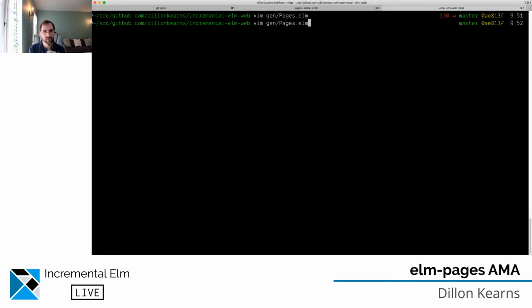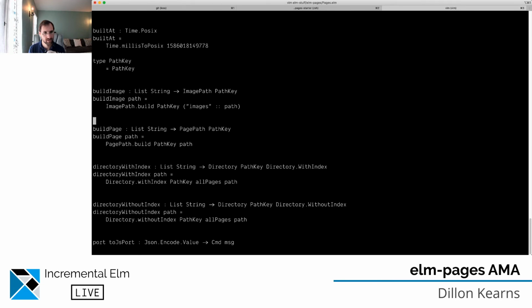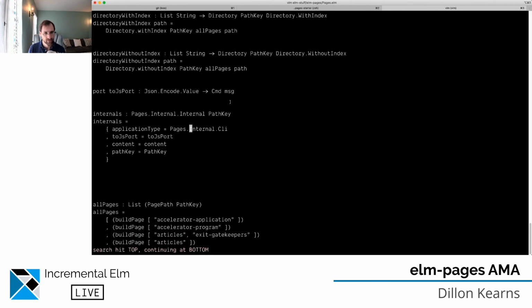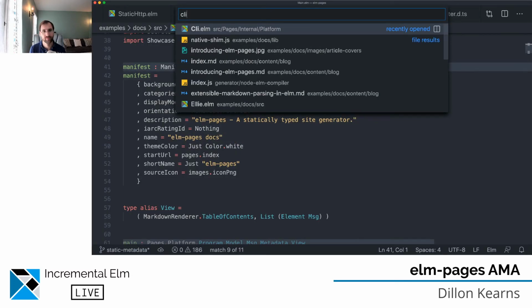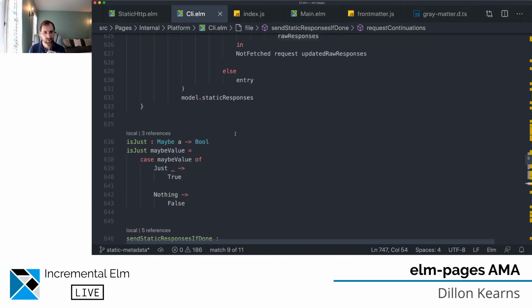So if I go into the same generated file, but the version that lives here, where is that? Yeah. The application type is pages.internal.cli. So it's actually running a different application runner, and it's running a headless app for this. And so in this phase, I've got this whole app that's like a CLI app. And what it does is it